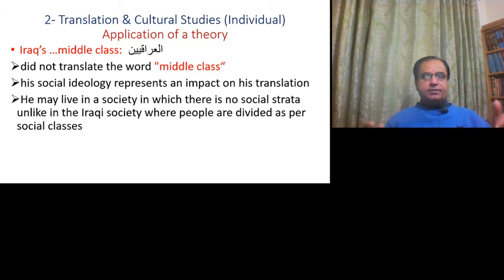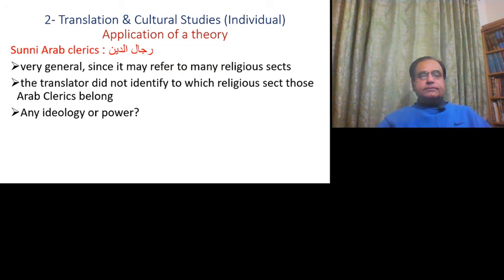If we translate it as middle class, Iraqi middle class, but when we say al-Iraqiyin only, that means the whole Iraqi population. So I think we can also visualize the impact, the perception that is created in the minds of the reader. Sunni Arab clerics, it was translated as Rijaluddin, very general. When we say Rijaluddin, it means all the clerics, whether